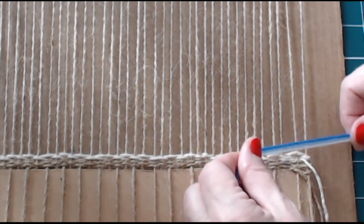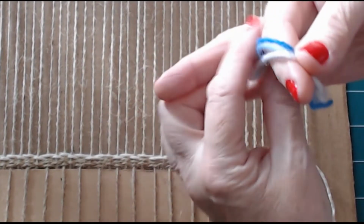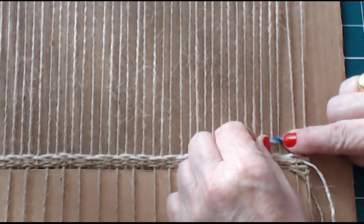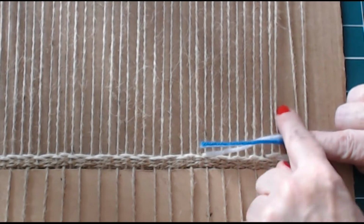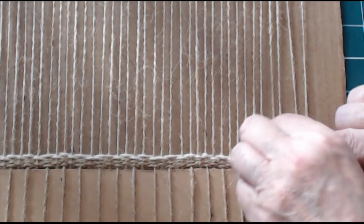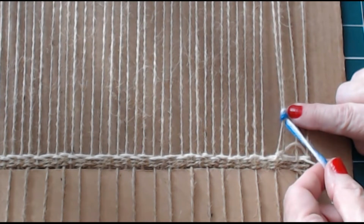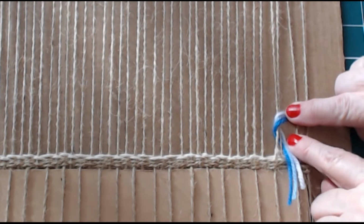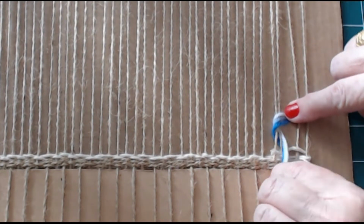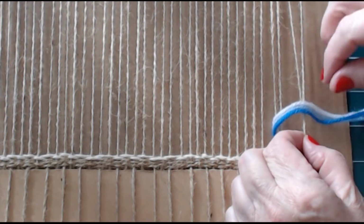Okay, so what we're going to do then, working over the 2, going to find the halfway mark, which is roughly there, halfway, and we're going to put a finger between the 2 pairs. So there's the first pair and the second pair, and just scoop that one underneath there, so you come through the middle, fingers still on the middle between the 2, so you're bringing that in there, and then you're going to do the same here. You're going to lift up that pair,